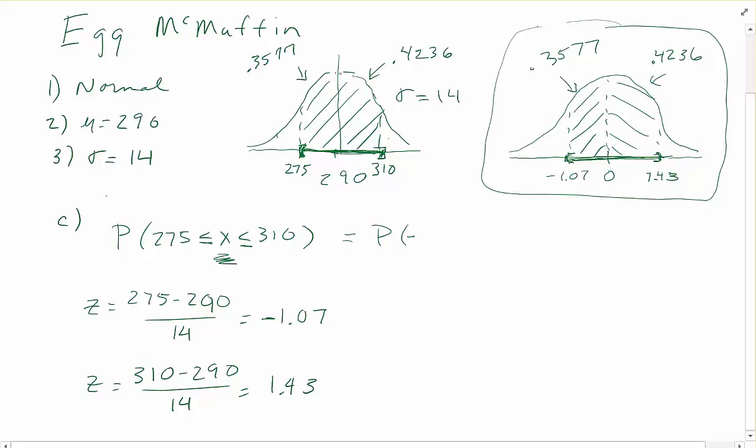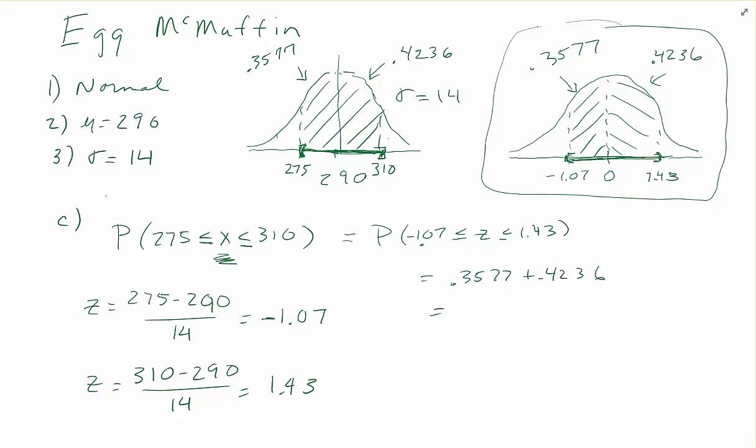So the probability of being between 275 and 310 for x is the probability that z is between a negative 1.07 and 1.43. And we add the two values to get that. So 0.3577 plus 0.4236 equals 0.7813, or